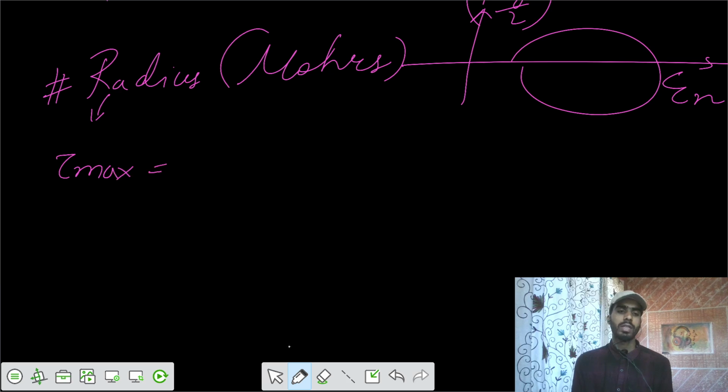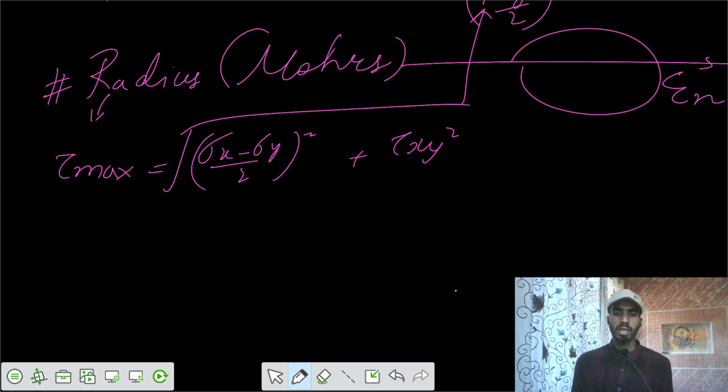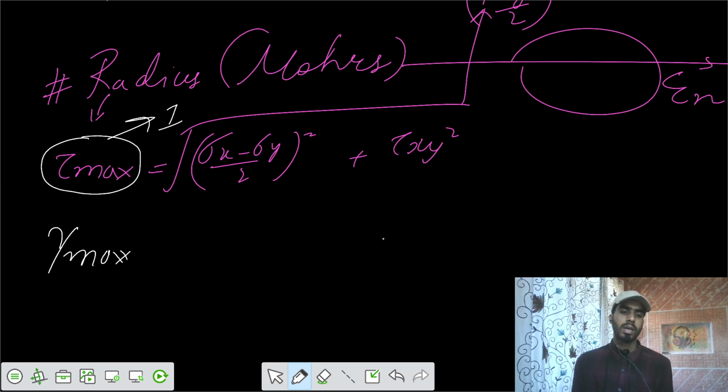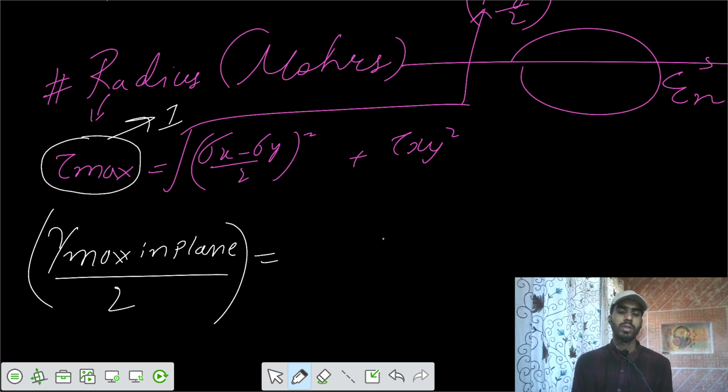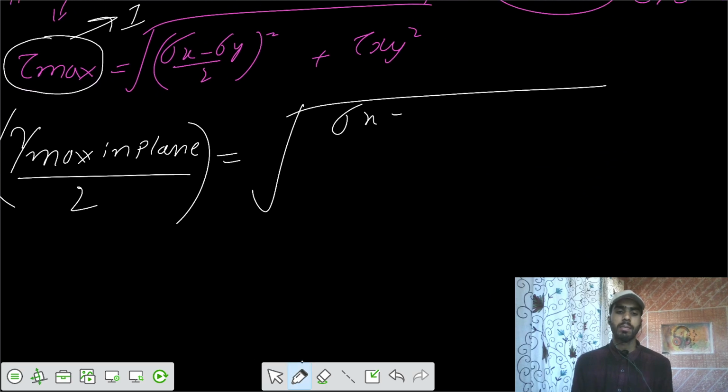In the Mohr's circle, we said for the stresses, we had tau max equals square root of sigma x minus sigma y by 2 whole square plus tau xy whole square. But for the tau max, that is shear stress acting on one plane. So I would say gamma max in plane divided by 2 equals, in terms of strain,